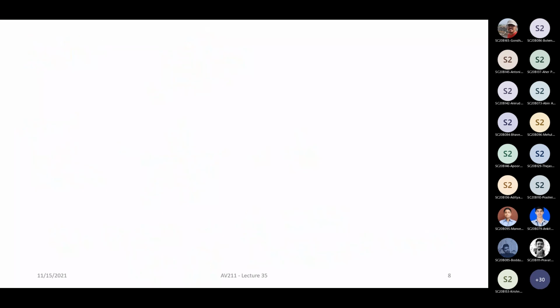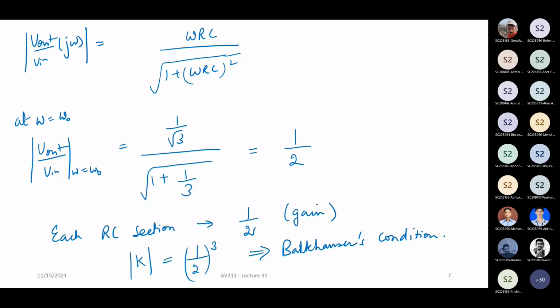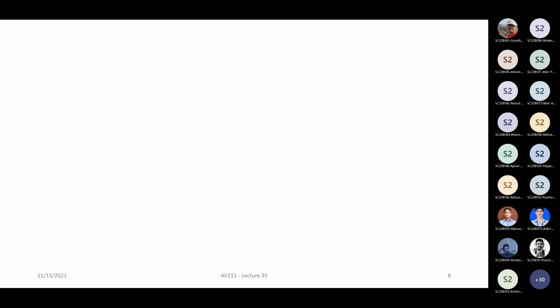So basically this RC phase shift amplifier can be implemented in any way. You can use an op amp, you can use a BJT, you can use a MOSFET. Okay, all those realizations are possible. I will just give you the circuit for, let us say, the BJT implementation.